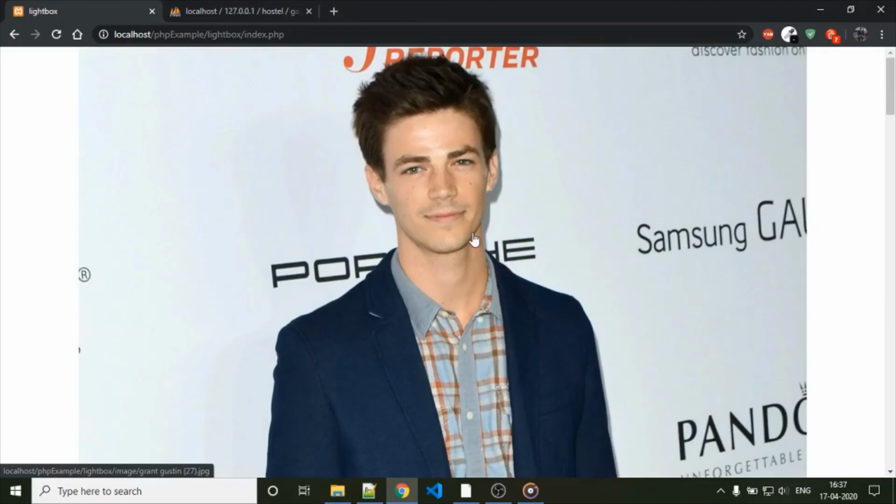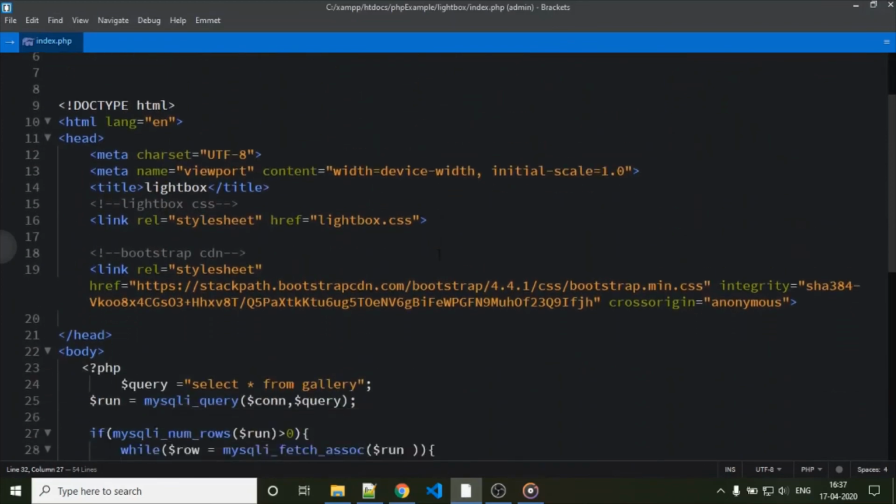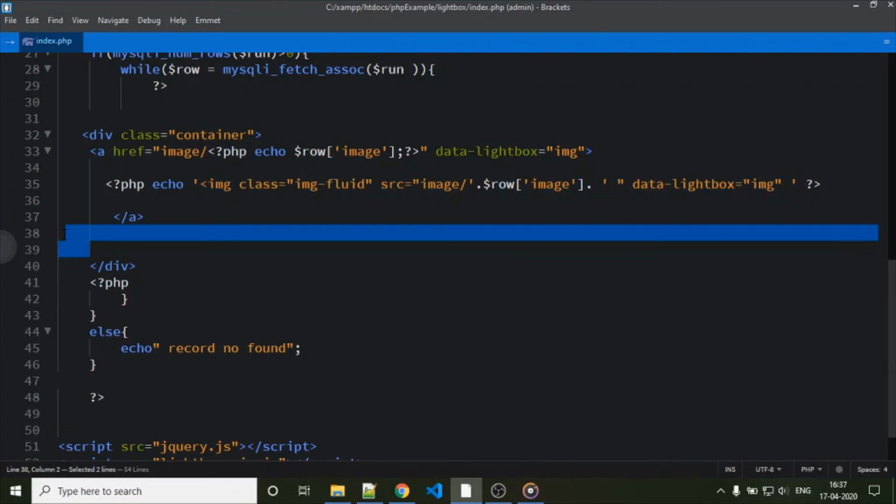In this video I explained how we can fetch images from a database and display them on your page dynamically using PHP. If you are confused about how this fetch operation is done, I have created one series, PHP image CRUD operation. You can also refer to that series. So this is the end of the mini series on how you can enable the lightbox feature or gallery feature.